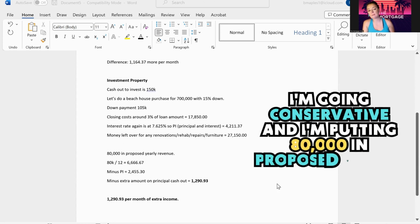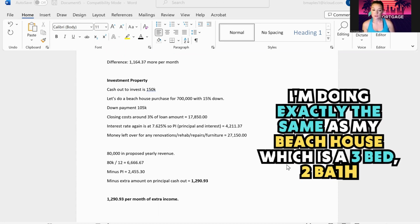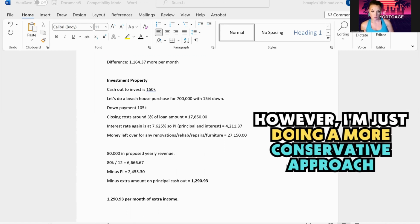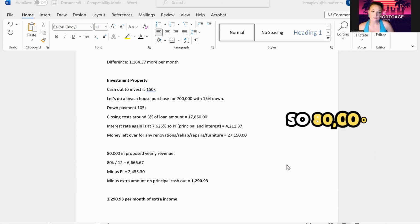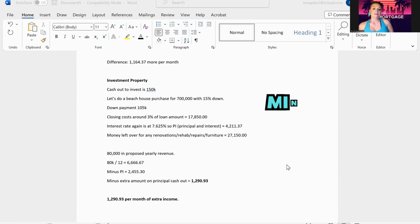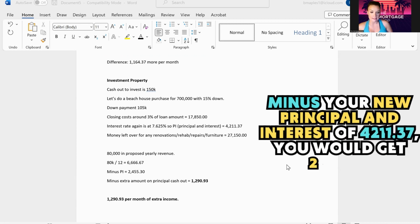I'm going conservative and I'm putting $80,000 in proposed yearly revenue. I'm doing exactly the same as my beach house, which is a 3-bed, 2-bath. My beach house did more than $80,000. However, I'm just doing a more conservative approach. This beach house is right there at the beach, so keep that in mind. So 80,000 divided by 12 is 6,666.67. Minus your new principal and interest of $4,211.37, you would get